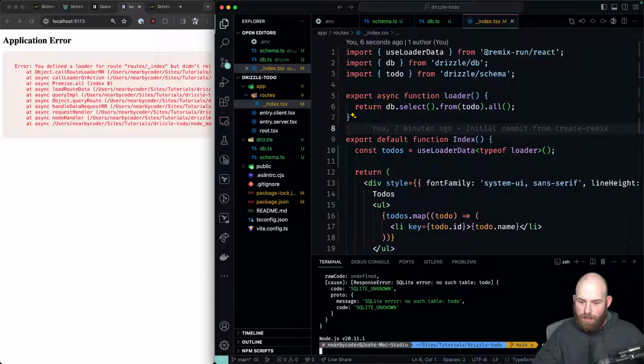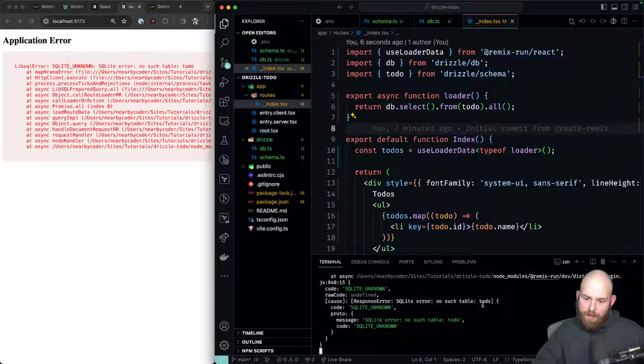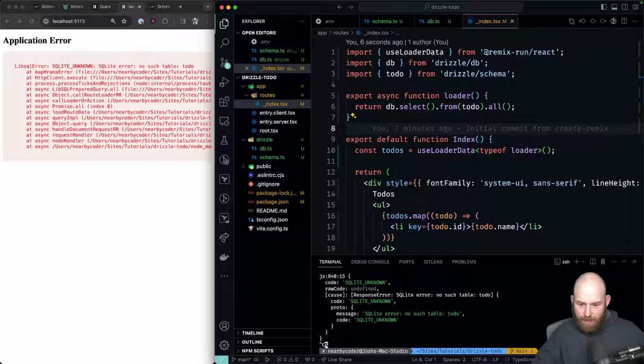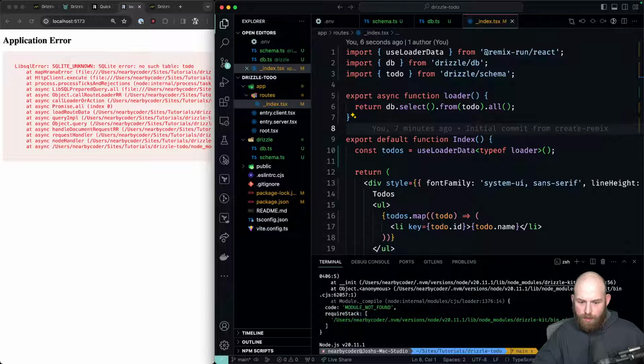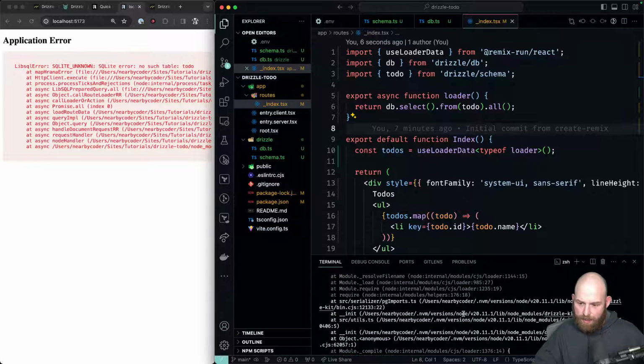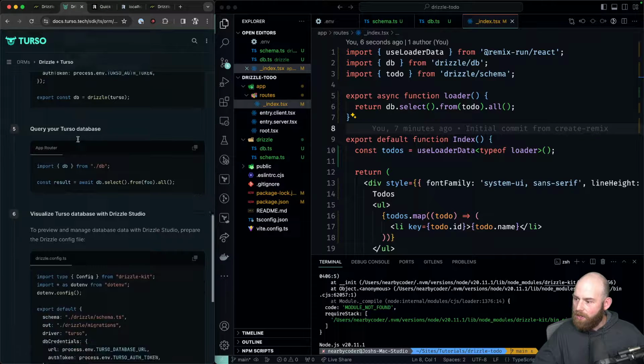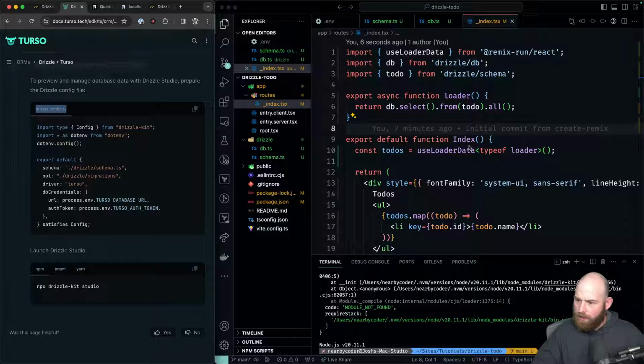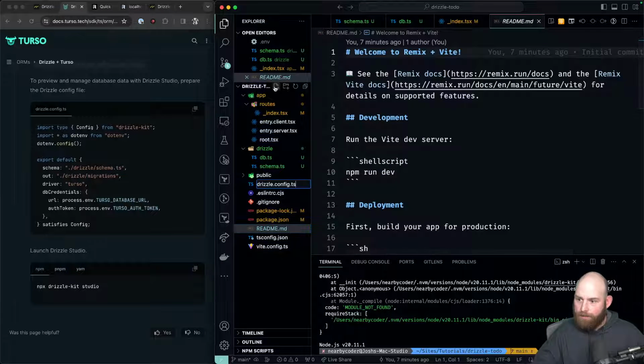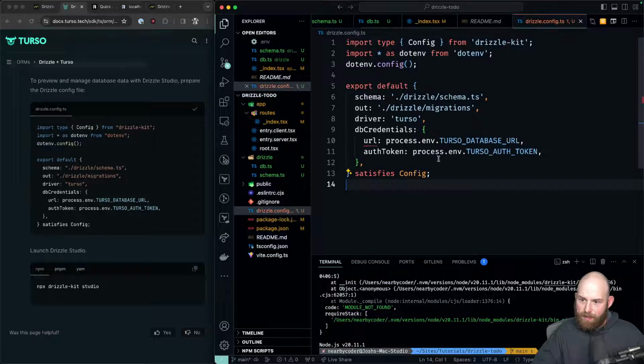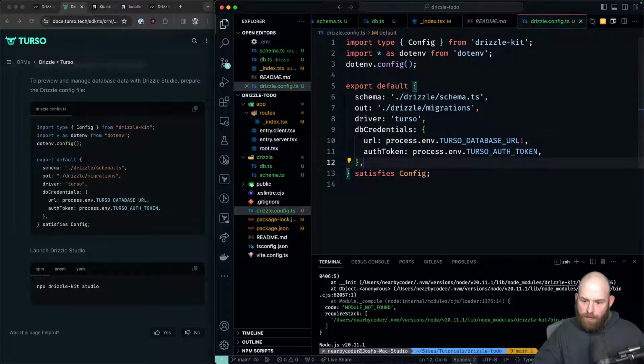So now if I do npm run dev, you'll see that, hey, there's no tables set up. So what's up with that? Well, first, in order to be able to set up tables, we actually need to be able to migrate our database. So we can say drizzle-kit push, drizzle-kit push SQLite. Actually, you know what? We need to set up the base Drizzle connection first. So right here for Drizzle, we'll do a config file in our root directory. And then we'll just copy and paste this over. And then we should be able to do drizzle-kit